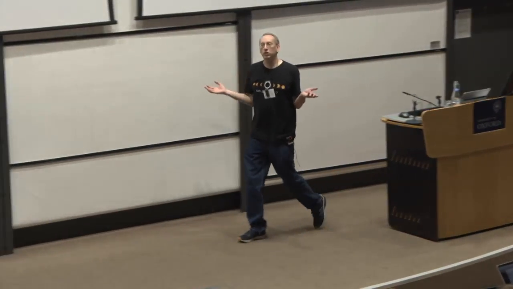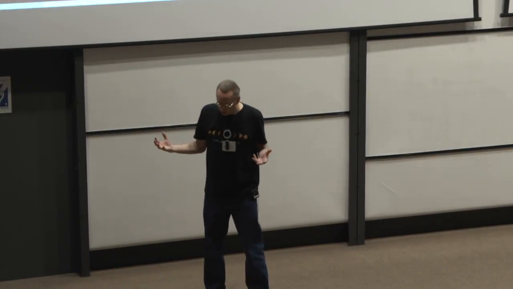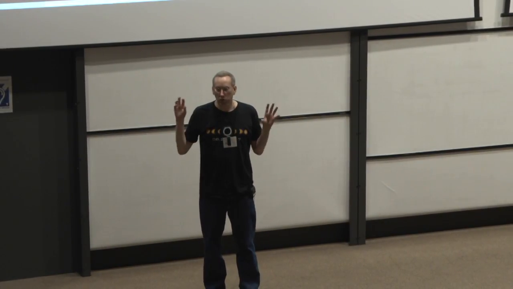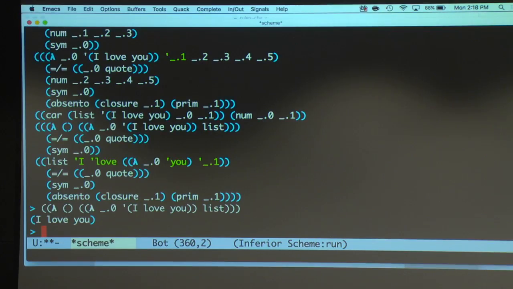Okay, so that's kind of our weird trick. Our one weird trick is that we have a language which is optimized for writing things as relations, which means we can place logic variables, basically treat them as holes or unknowns, and we can place them in any argument or subposition of an argument and have the system fill it in. And we've written an interpreter for Scheme in this language, and we've optimized it in some cases. So that's the trick, okay? So I'll give it away. That's our one weird trick, and we're going to do everything with that.